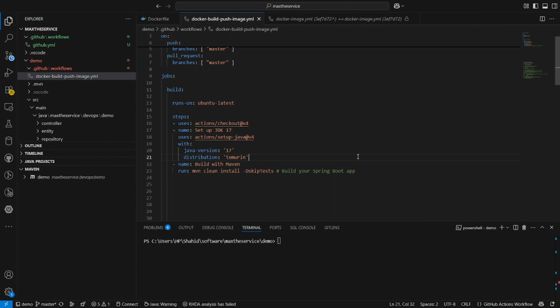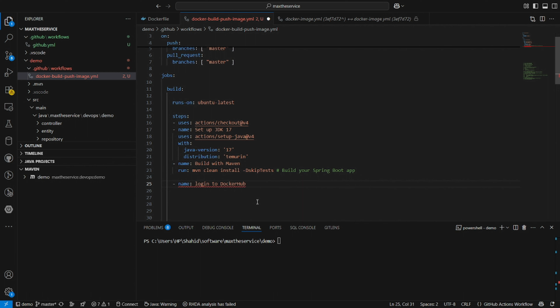First of all, we need to write the credentials. We need credentials to log in. What was the step according to our documentation? That was checkout. Sorry, we have already done checkout. Here you can see this one is setting up JDK, and this is the Maven build. So the fourth step is just to log in to